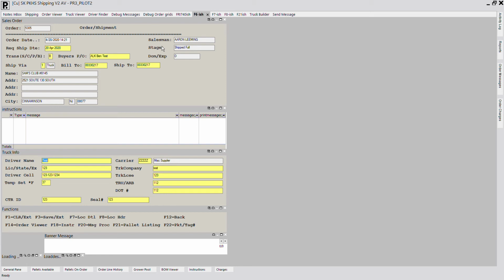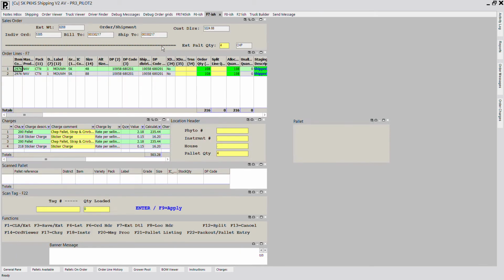My F6 screen is my driver's information. I'll want to review my driver's information and my customer information and be sure that I'm unshipping the right truck. I'll then want to use the F7 on my keyboard to go to my F7 screen, which includes my fruit information and my charge information. I can see here in this column